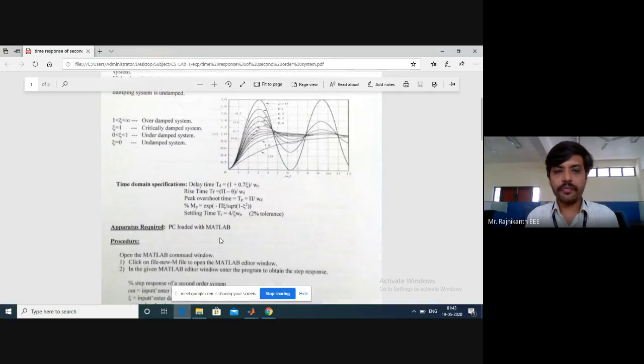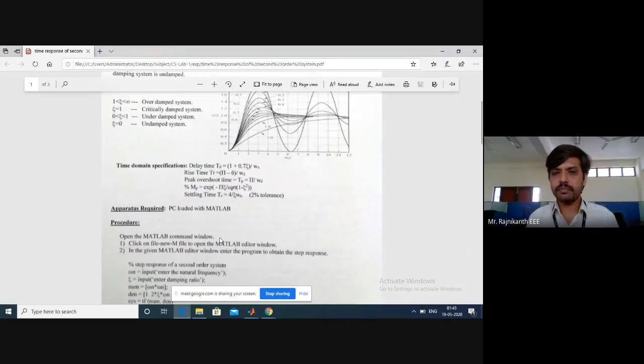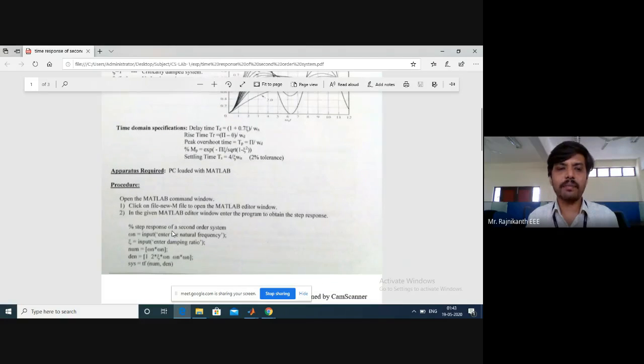So first take some transfer function. Here the program is given in terms of MATLAB, the step response of a second order system. Write this program. Omega n is input, enter the natural frequency. Zeta is the damping ratio.